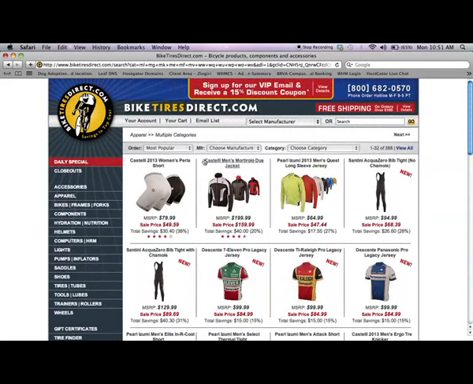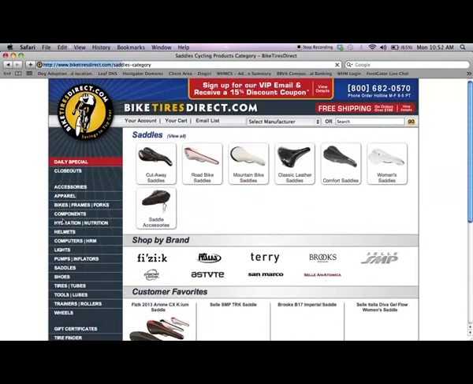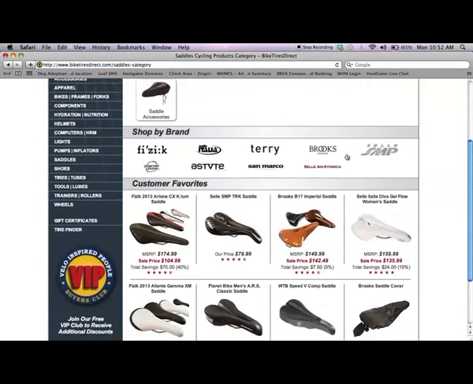Now let's say somebody entered that same keyword and they set up their landing page to show, let's say, saddles. Most people would look at this